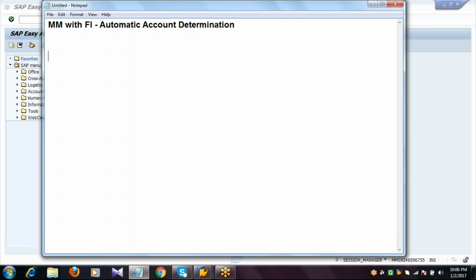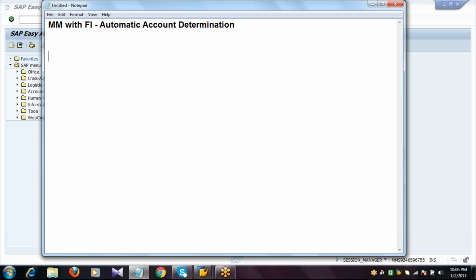How are the stocks of the materials management module entering into FI? Whenever you create a goods receipt, what type of transaction will it hit, what type of accounts will it hit, how these two modules integrate, that we will see in this topic called MM integration with FI,